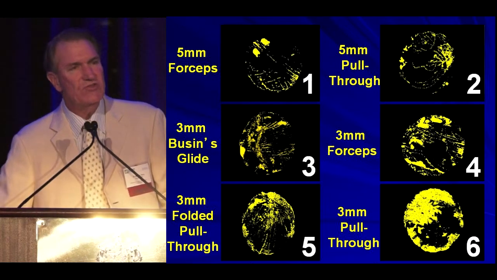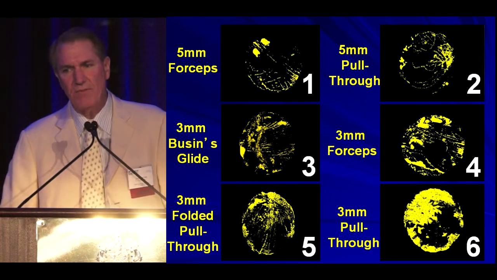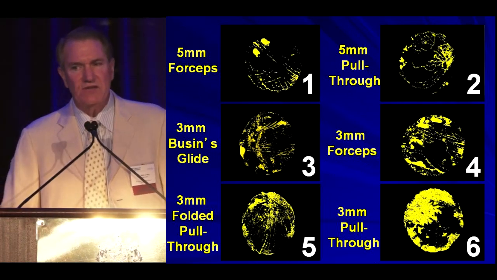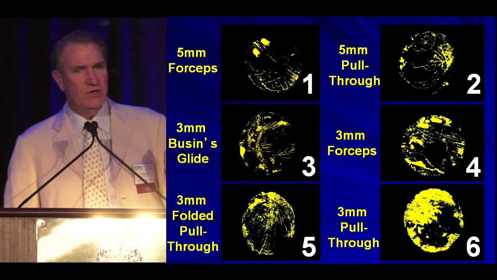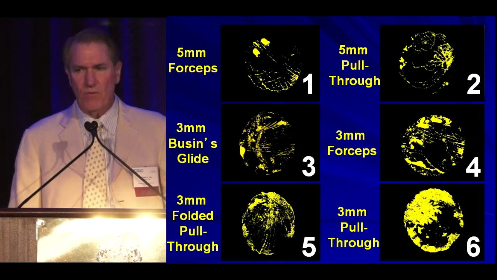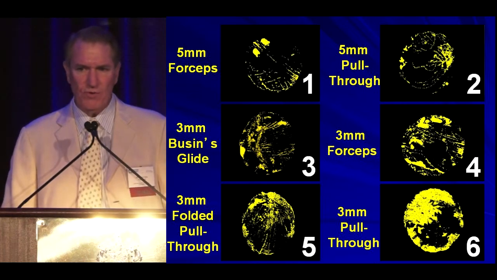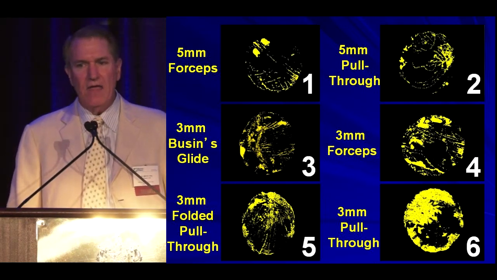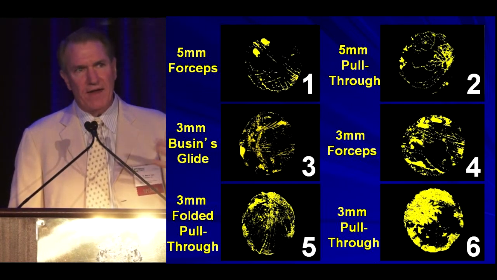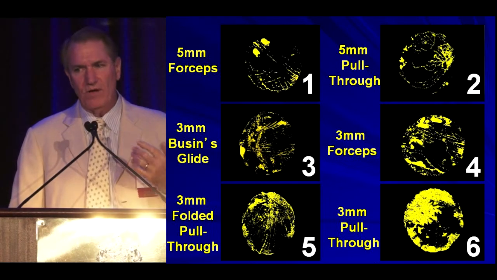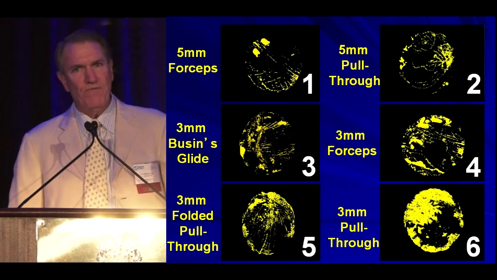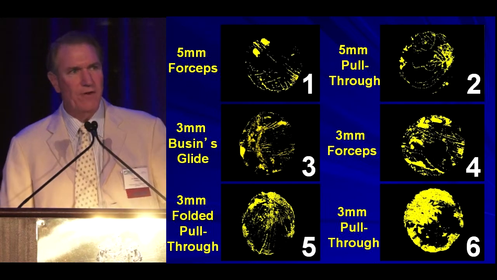We looked at the incision size and how it affects the endothelium in a paper that we published almost 6 years ago. We looked at various techniques where we would take the tissue and pass it through a 5 millimeter incision using either forceps or a suture pull through or a Busin glide. And we did the same thing with a 3 millimeter incision. And we looked in the eye bank at how much cell death there was, not just to the central cornea where you would do specular microscopy, but with vital dye staining, you could look at the whole pattern of endothelial